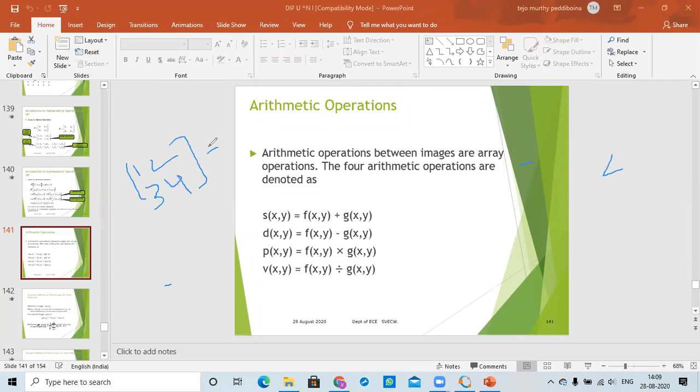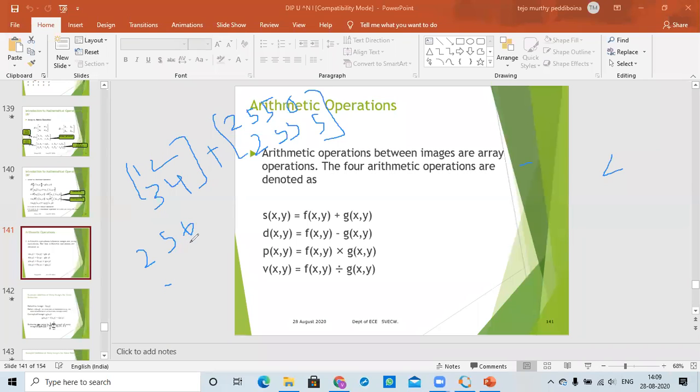and addition with some 255, 0, 253, 5. Then how to find the addition of this? Simply 1 plus 255, that is 256. Oh sorry, this is 255. So 1 plus 255 is 256. Whether 256 is possible or not, we have to check. The 256 exceeds the maximum range.